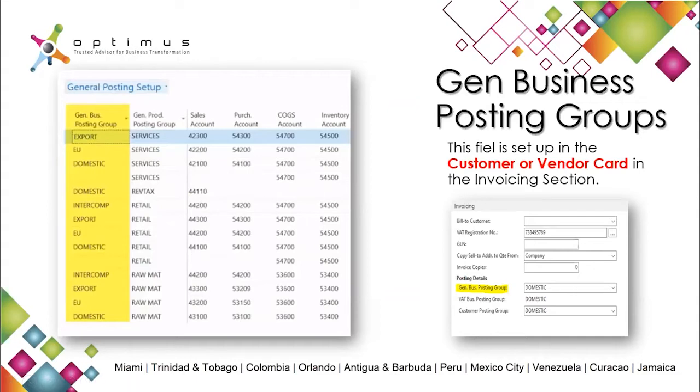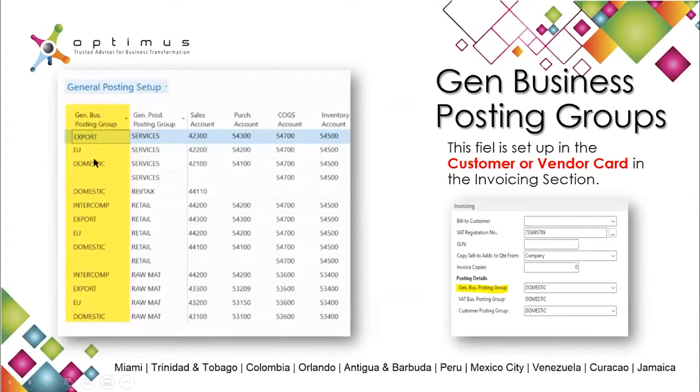Okay, well, in this case, who am I selling to? Am I exporting, or is this a domestic sales operation? The first question is who. Then you need to open your customer or your vendor card, and they classify that type of customer or vendor as required. In this case, in the field general business posting group, we have as an example the domestic type of customer. Anytime we classify one of our new customers as domestic, well, you could verify in the general